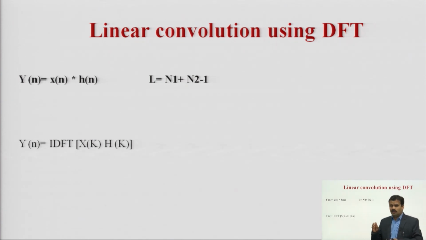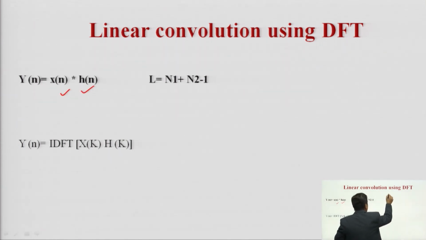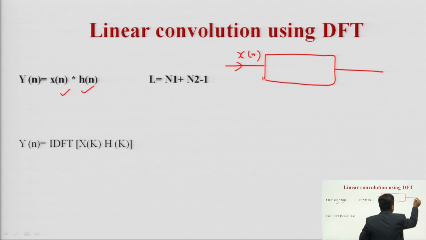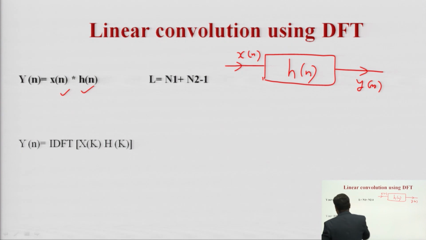You can calculate here your linear convolution using the DFT. What will happen and how will happen, that we will see here. Like y n, you know, if x n and h n are given to you. Now, in linear convolution what will happen? In linear convolution, if x of n sequence is given to you in any system, and this is your output y of n, and this is your impulse response h n, then you can calculate your output y of n, that will be the linear convolution between x n and h n.